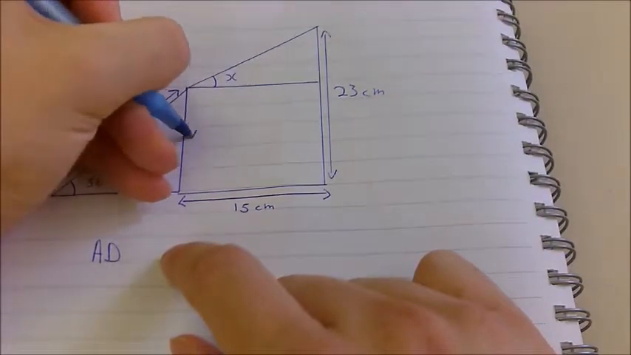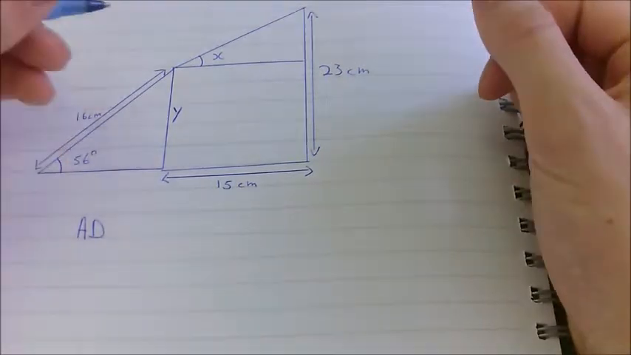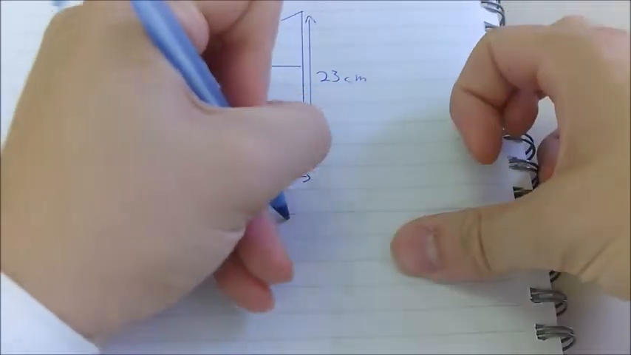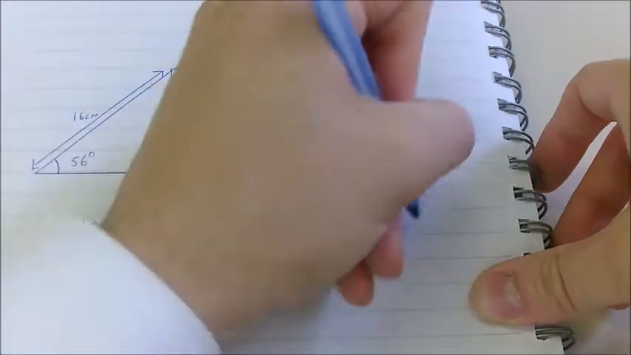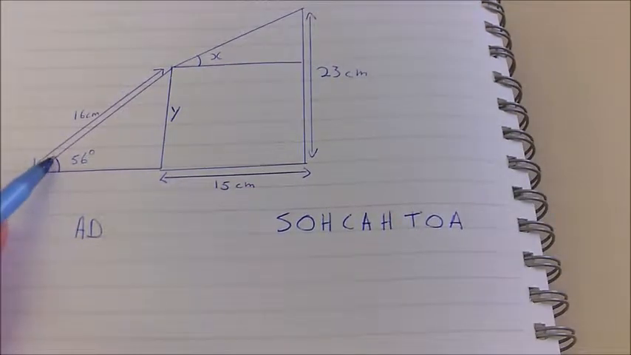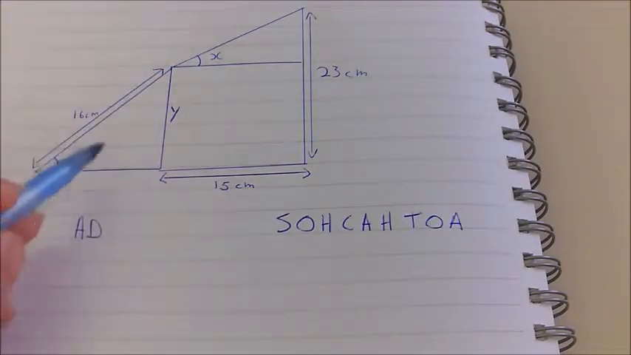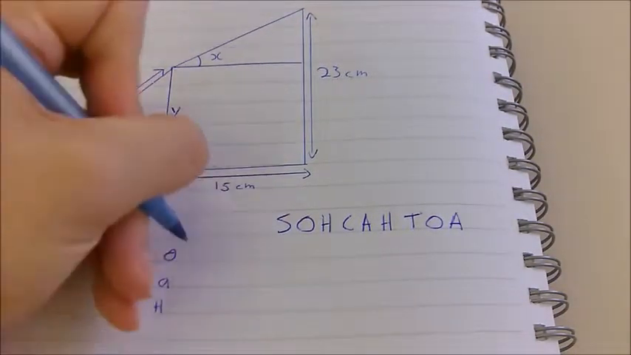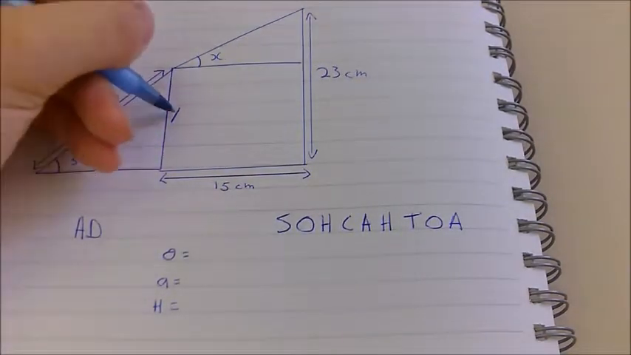I'm going to label this Y because we've already got an X in place. So to do this, you're going to have to do trigonometry. So I would write down SOHCAHTOA straight away. And we're working from this angle here. We've just got a basic right angle triangle here. So I'd label what I know, OAH. So from this angle, I'm looking for the opposite, which is Y,